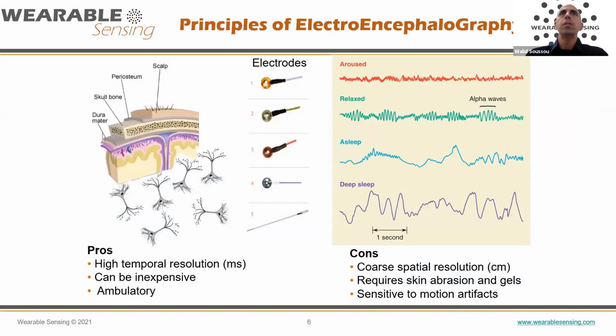So first, let's introduce EEG. EEG is the measurement of the electrical activity of the brain from the scalp. When enough neurons fire together in the same area, we can see their local field potential sum, and that summation can reach all the way to the scalp. We can measure that with electrodes. You rub the skin first to get rid of the dead layer of cells and some oils. You put the electrodes, you apply some gel through the holes in the electrodes,